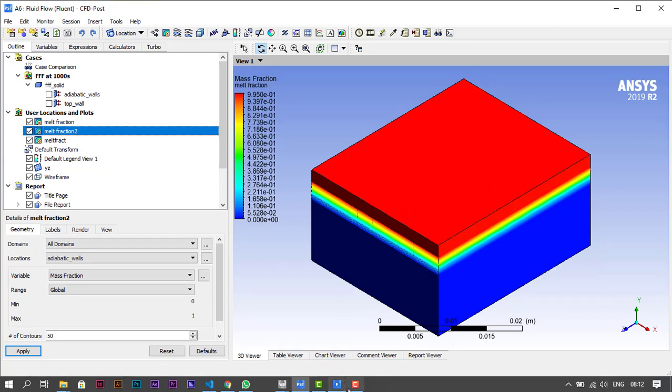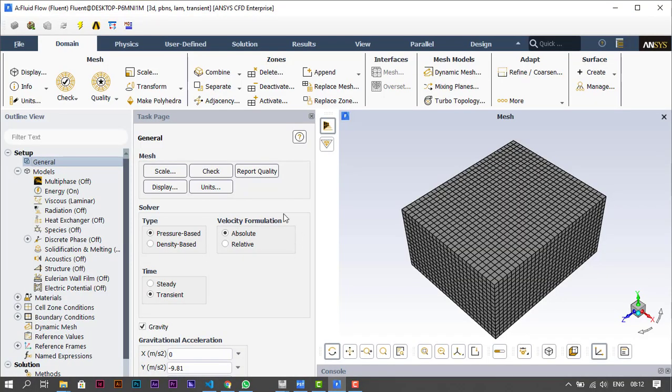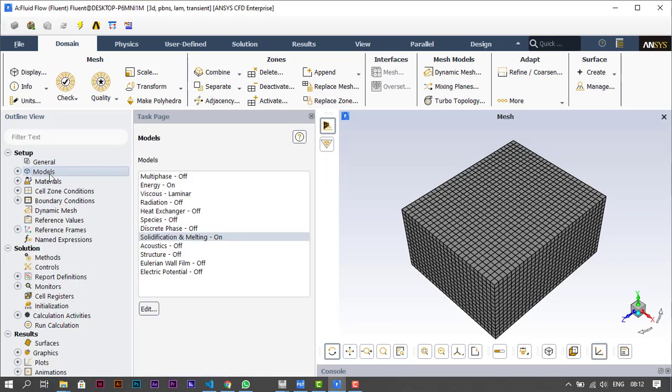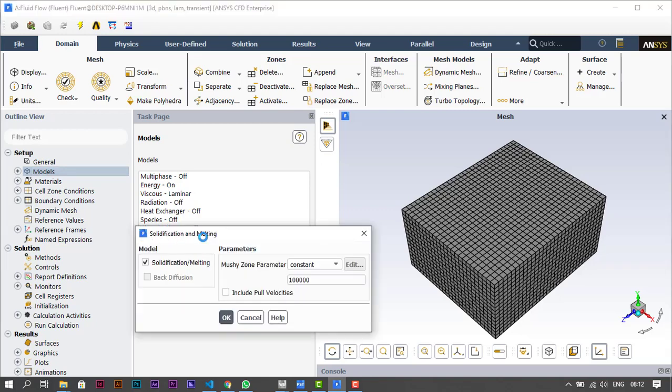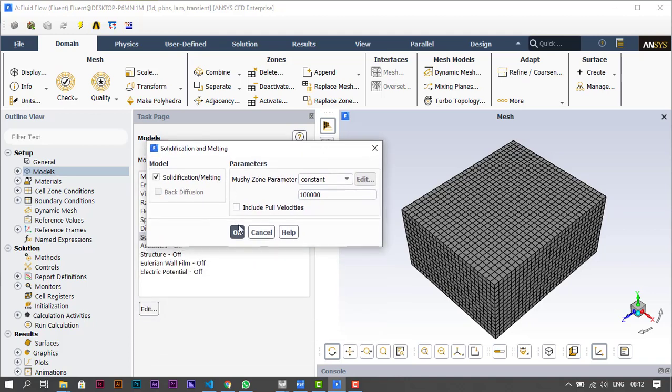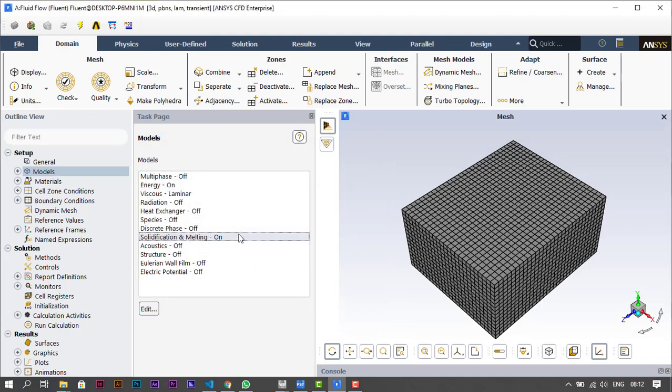Alright, so the first thing we need to understand is that to display the melt fraction, our melting and solidification model has to be on. So we go to the Fluent setup. In models, we have multiphase, energy, the rest, and the main thing is the melting and solidification. That's solidification and melting. So we have to click that, and click OK. So once we are done and we are sure that melting took place in our